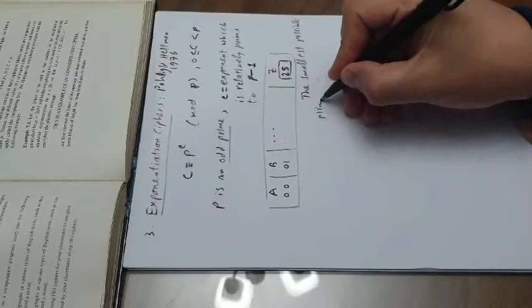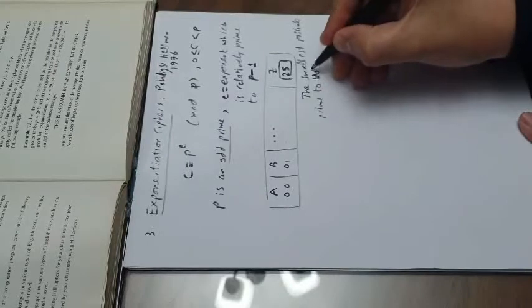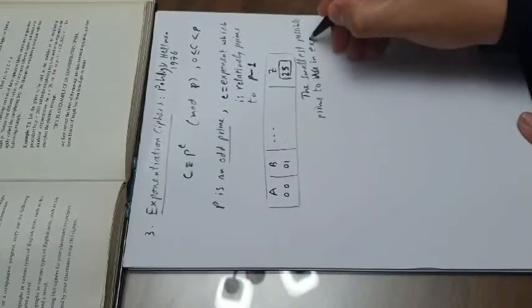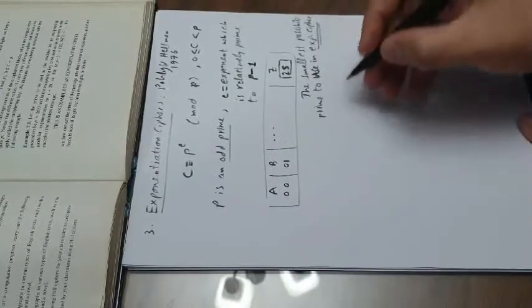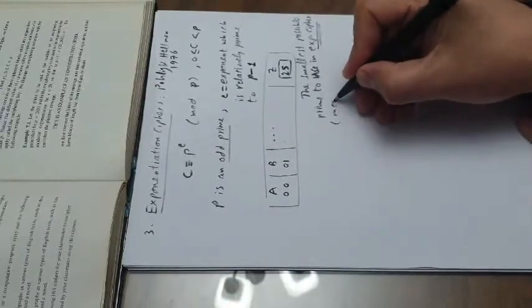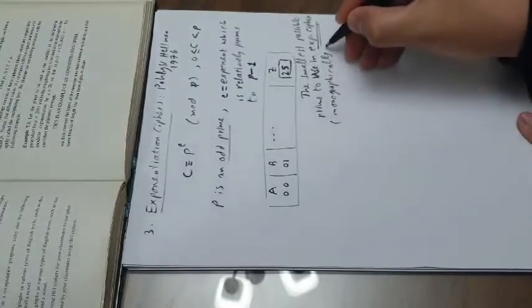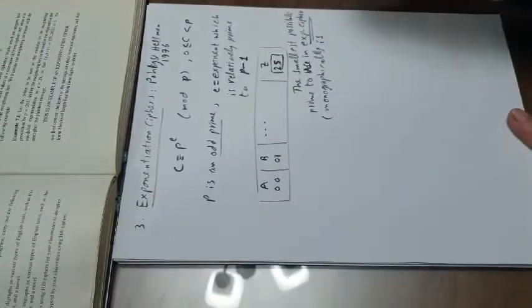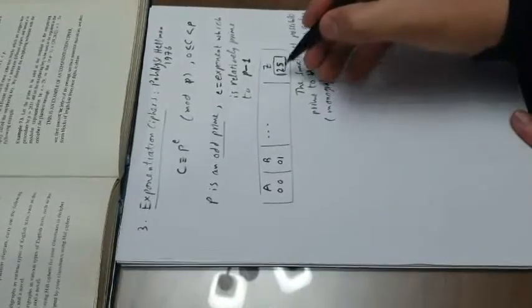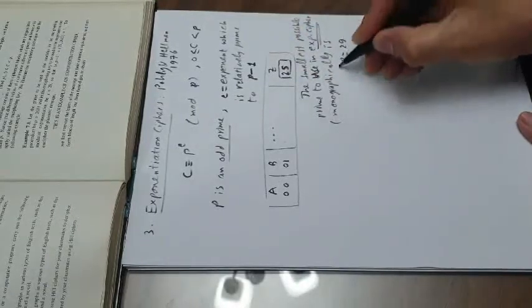prime to use in exponential cipher monographically is what? We mentioned this in the lecture. p will be some prime number bigger than 25, which is 27 is not prime, 29 is the prime I mean,